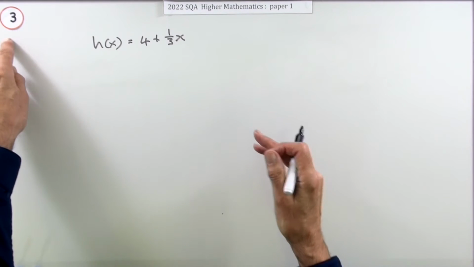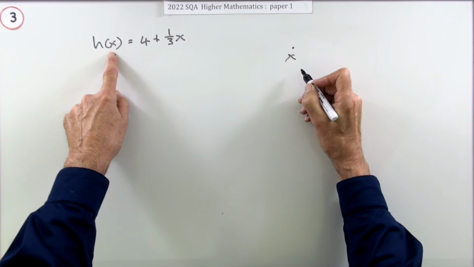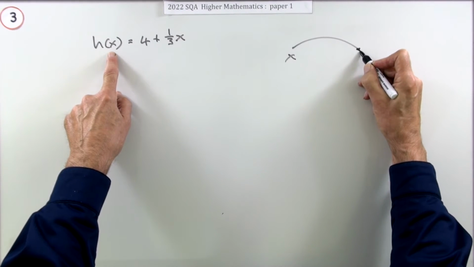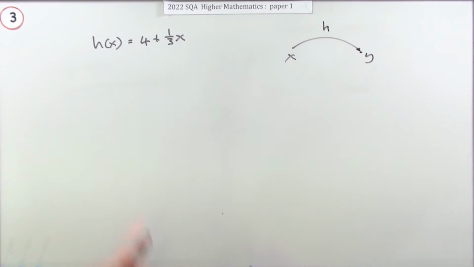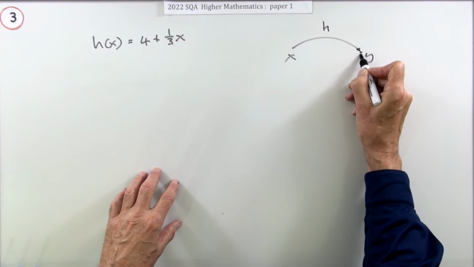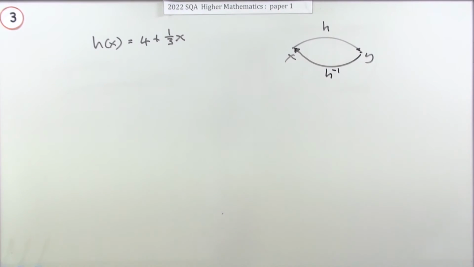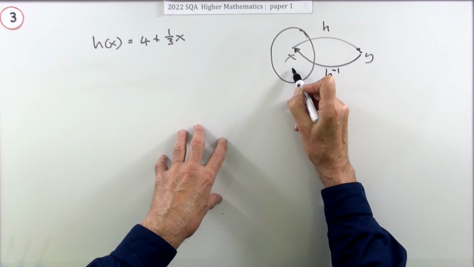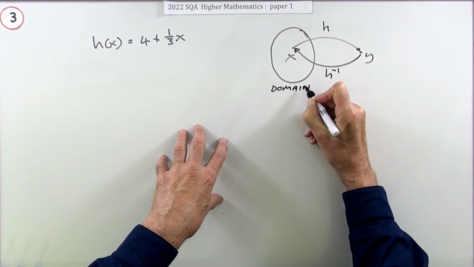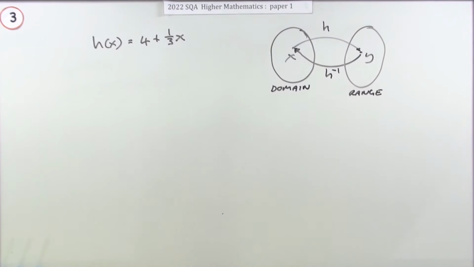Still, you won't be able to do that and get all the 3 marks. You have to show some working. So, how does this work again? You start with a number, you apply the rule, and it produces an answer which we could call y. And that rule's called h. That's the function. The inverse starts with the result and takes you back to the starting number, and that's the one you call the inverse function. There's also another part, which is that there's a set of numbers you can start with called the domain, and a set of numbers that you end up on called the range. But you don't need to know that for this question. This is just how do I find this inverse function?